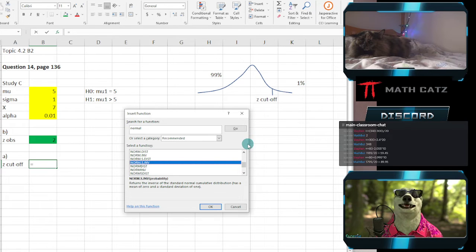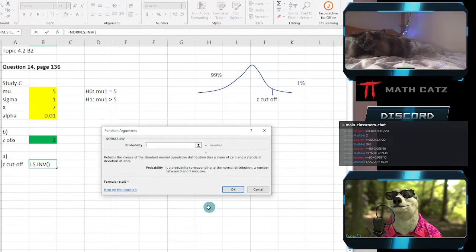Now, there's a couple of ways you can go about this. We can simply put in 0.99. Remember that in a calculation, technically, you never use a percentage. You always use the decimal version. The percentage is a presentation thing. It's not actually what we're using. 99% when used in a calculation is 0.99. And you see here, I get my